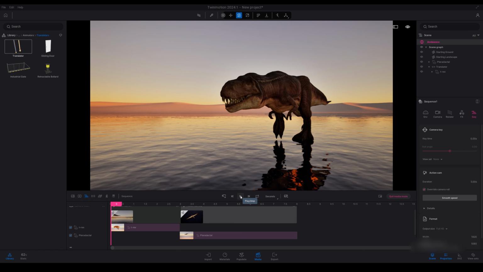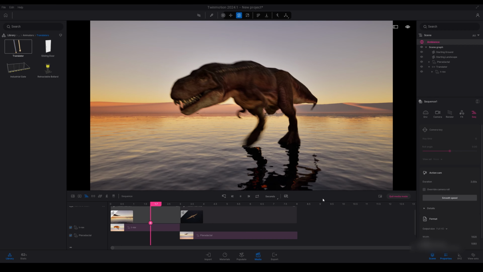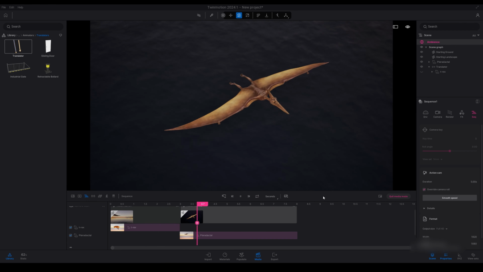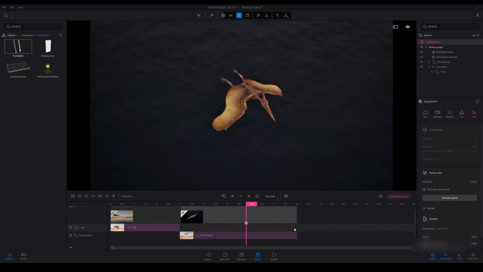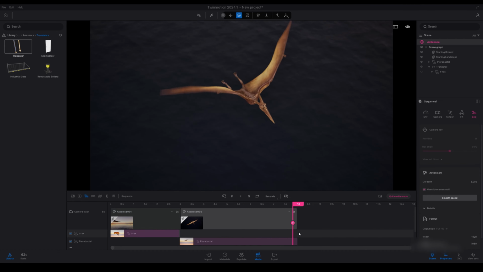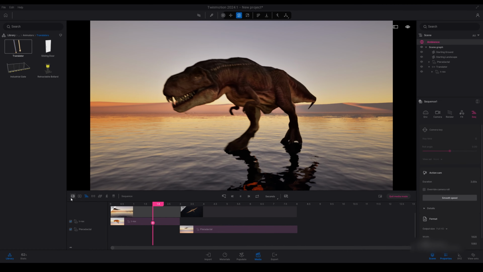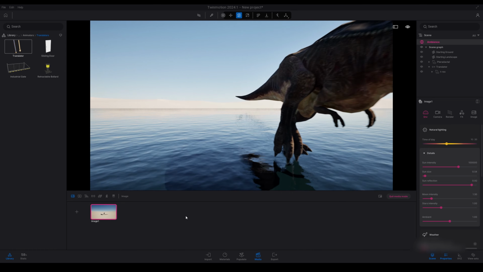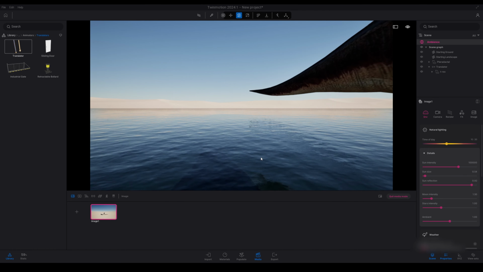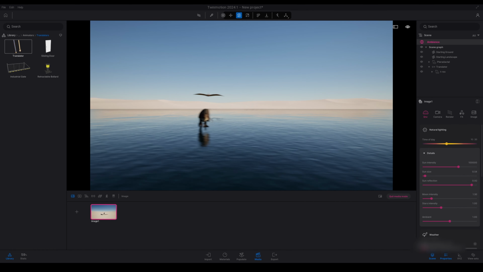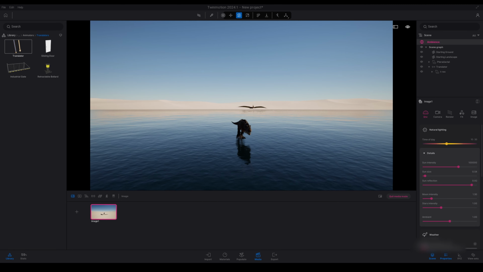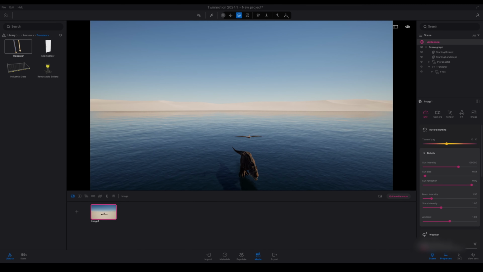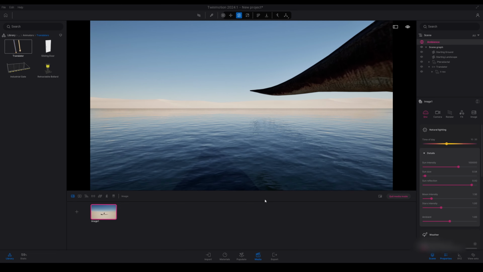Moving on now to the new sequencer and action camera. So here you can see I've imported some animations, just some quick ones that I've made. But you can use this sequencer now to set up your video and camera shots. So before it used to be on the video tab, but now you've got a new sequencer tab next on the right hand side of the video tab.